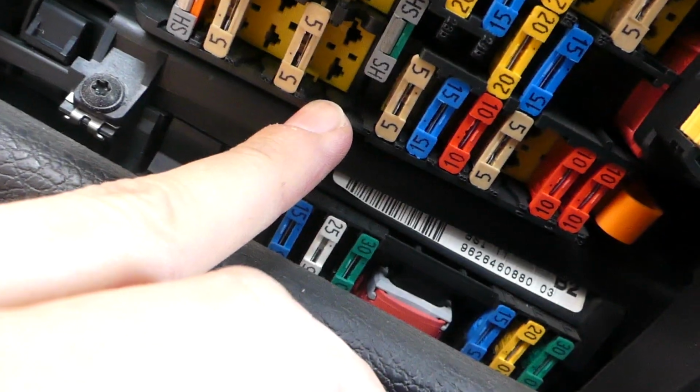A few moments later. Okay, so first I found the source of power, and I'm gonna be using this slot right here, because it's empty, and we have power only when we put a key in and turn the key. I don't know how to say that, but only then we have a power of 12 volts here. So we found that, and next we need to find